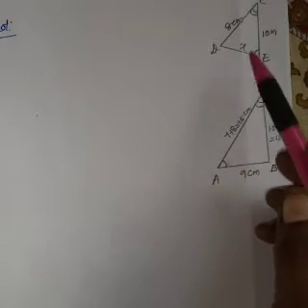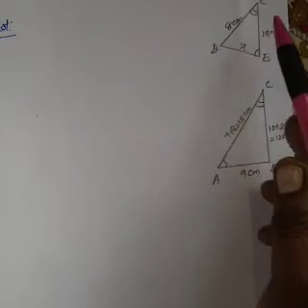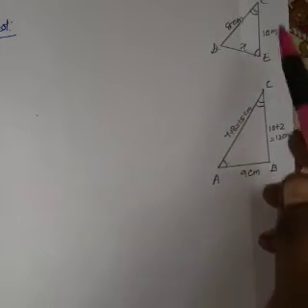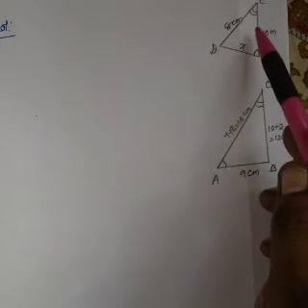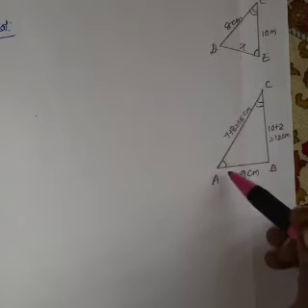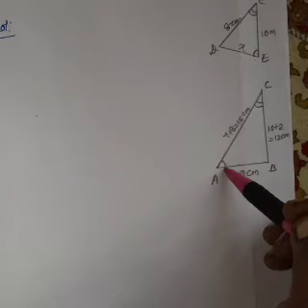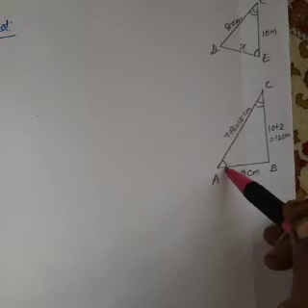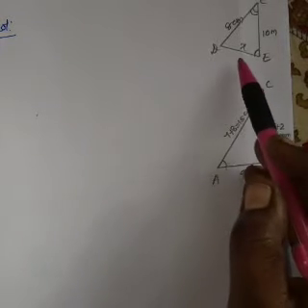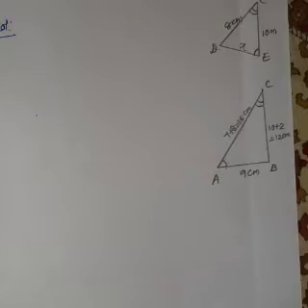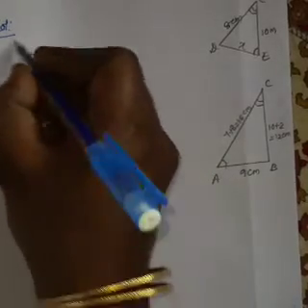Are you clear? Since this angle C is common and they given angle A is equal to angle CED, by AA criteria we can say the triangles are similar. If the triangles are similar, corresponding sides are proportional. That means the ratios are equal. So using that idea we can find out the x value. So we can continue the solution like this.